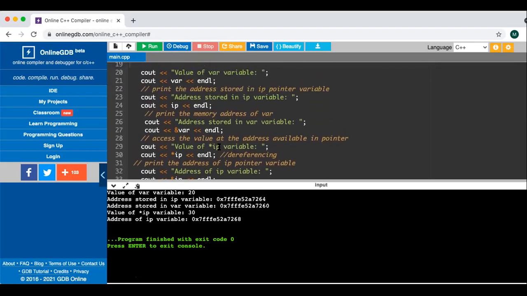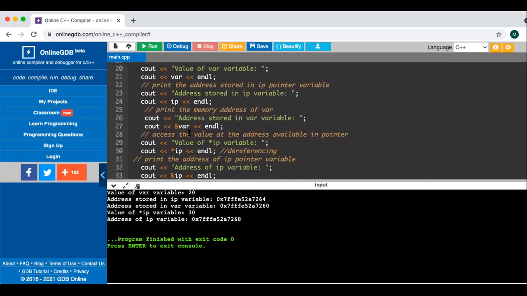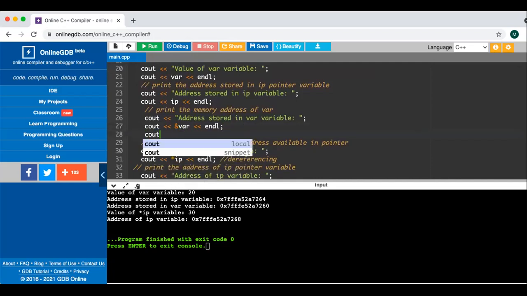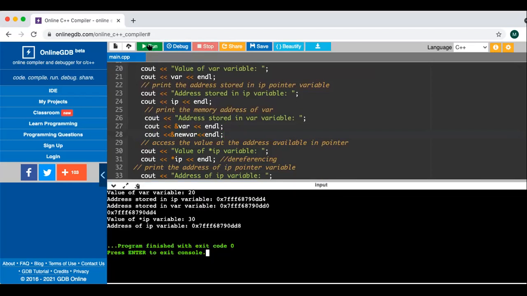Let's see, if I make a small change here. I can actually write down another cout statement which would now give you the address of the new variable. Let's just see what the address of the new variable is. Okay, and it should be the same as the address of the pointer. Let me just run this, and now you can see that the address of